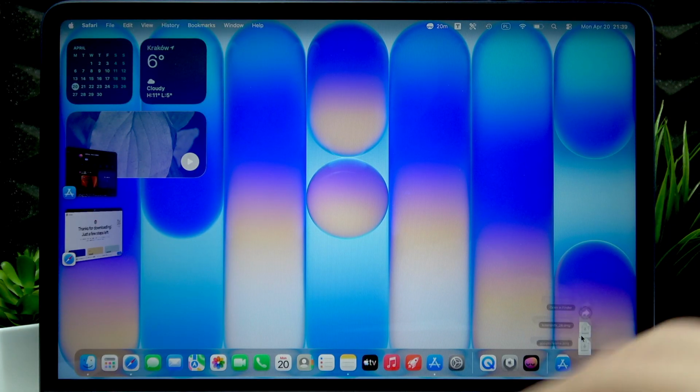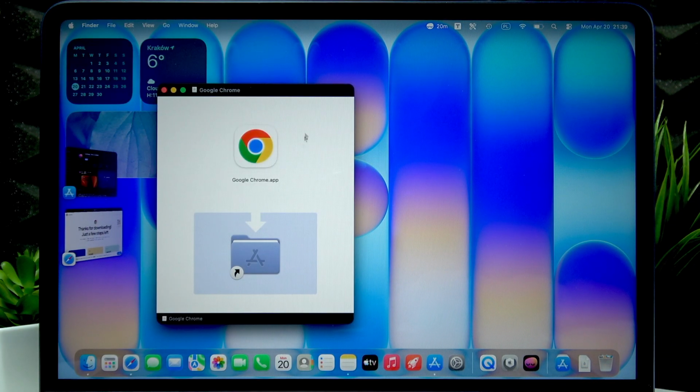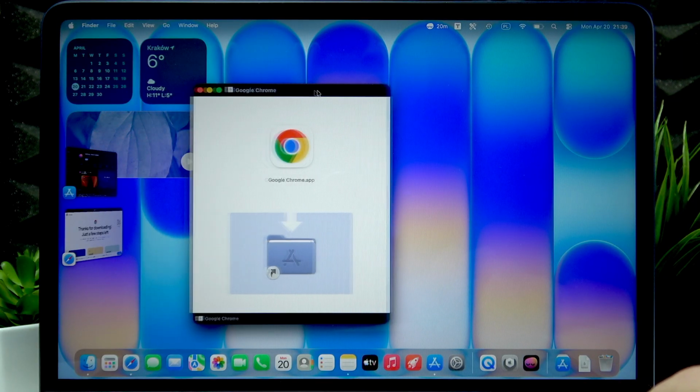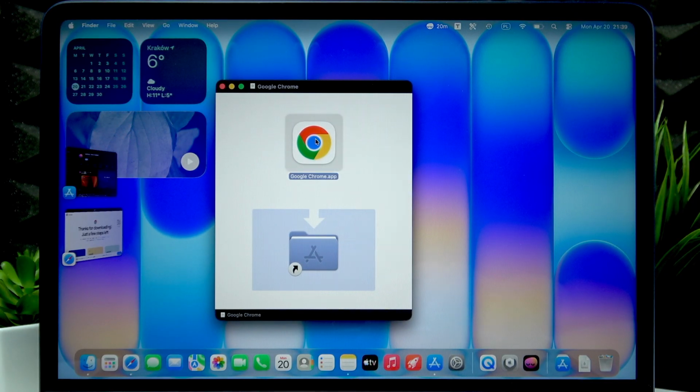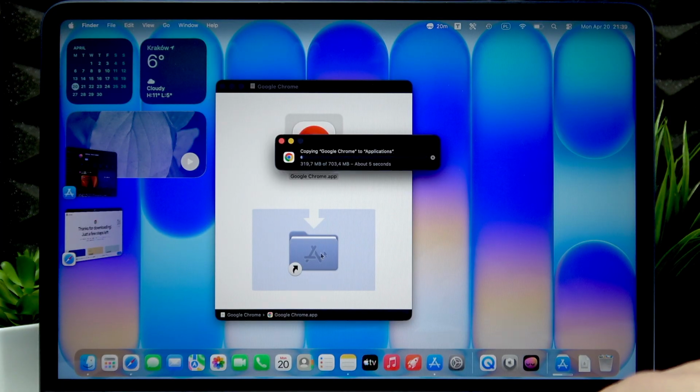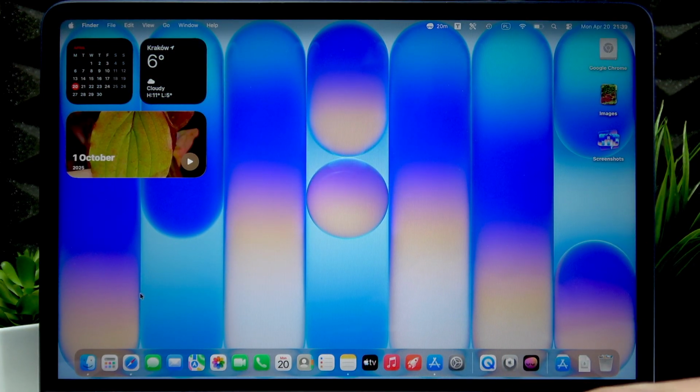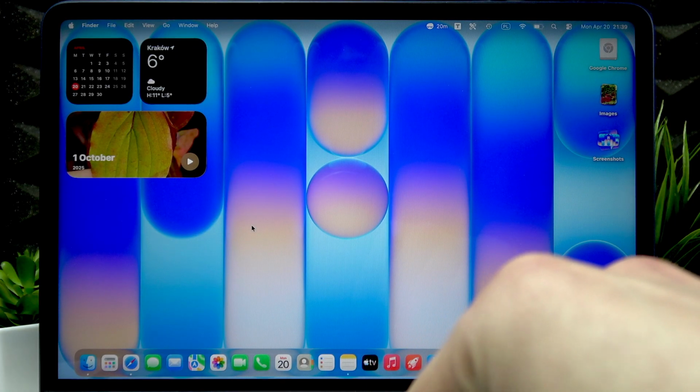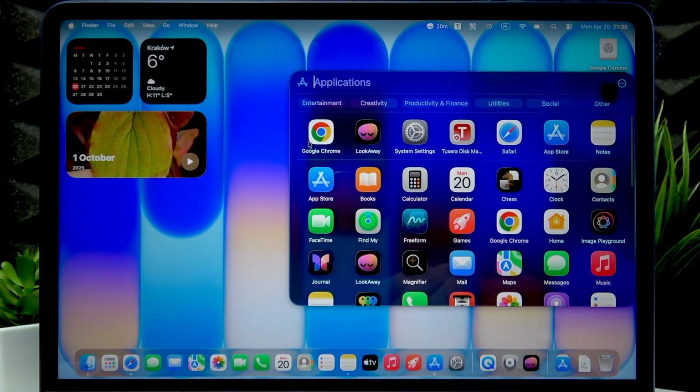Some of them are simple, as in the case of Google Chrome. In this case, we just have to drag and drop the icon to the Applications folder, and this will install the app to your apps menu, and it will also be available as the most recent application in your apps